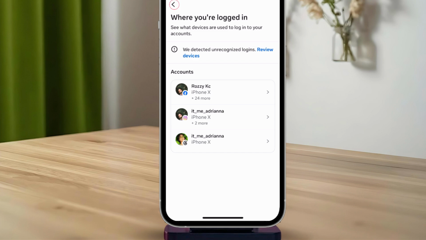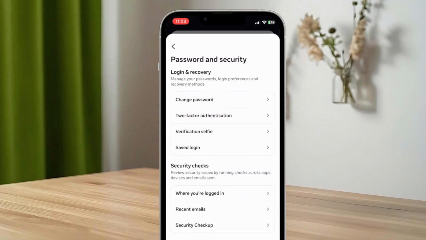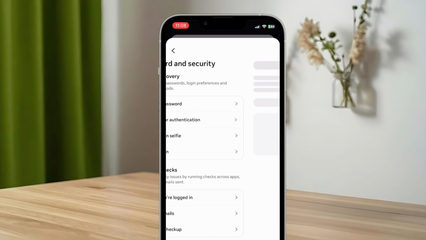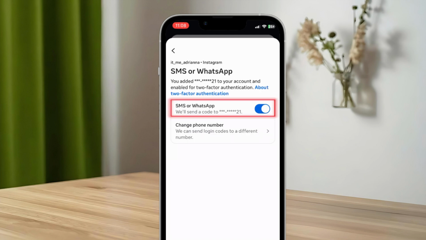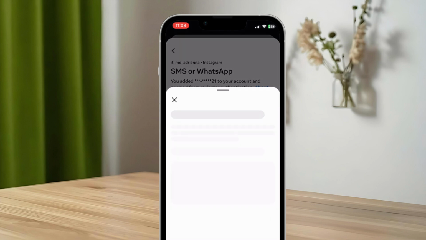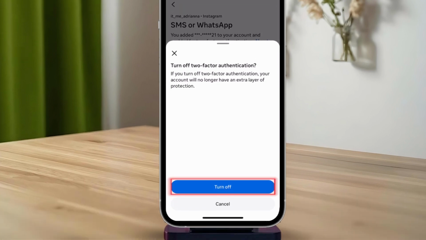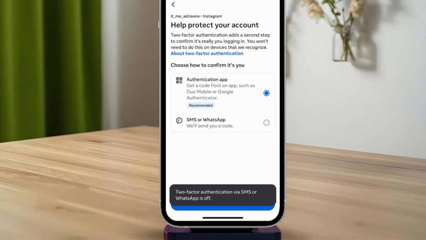After that, go back to Password and Security, tap Two-Factor Authentication, then choose the Instagram. Then turn off the toggle next to SMS or WhatsApp. After that, tap Turn Off and enable it using an authentication app or your phone number to add an extra